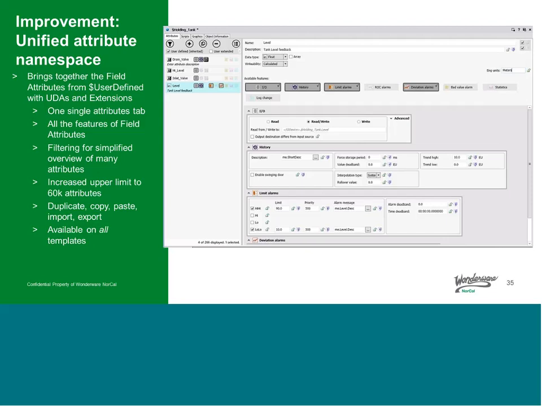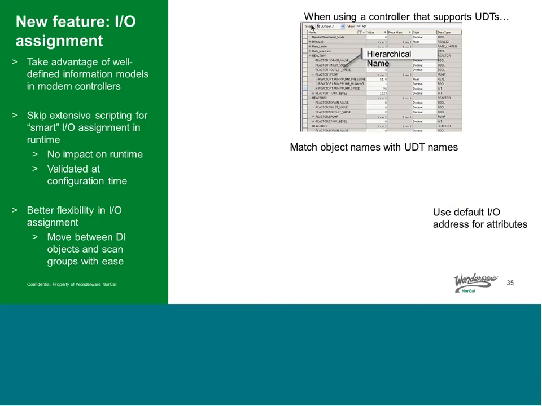It makes it much cleaner, and you can actually have a lot more user-defined attributes and field attributes, and it really simplifies things. So you can have an upper limit of 60,000 attributes now. Allows you to duplicate, copy, paste, import, export. Those are available on all templates. We're going to do a demo on this, and we're also going to do a demo on a new feature for I/O assignment. So this is taking advantage of modern controllers, for example, ControlLogix that has a UDT, user-defined type,